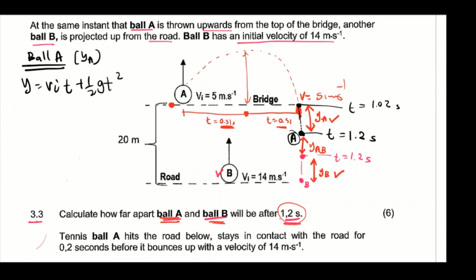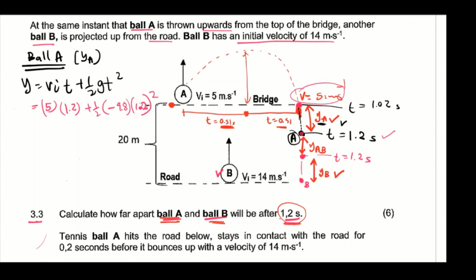To find this y of A, we know that our initial velocity is 5 meters per second if we consider from this point of the bridge. So it's going to be equal to 5, and then the time it takes to reach this point is 1.2, and then plus 1/2 into the gravity. Gravity is going downwards, so it's just going to be negative. So this will be negative 9.8, and time is 1.2